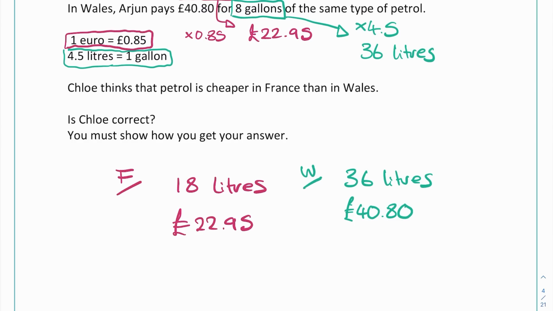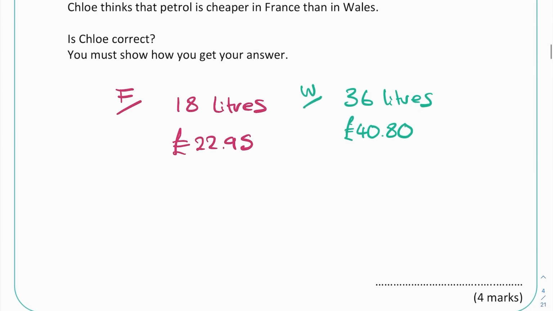£40.80. Now a couple of different methods that you can use to work this out. You can look for a common multiple of 18 and 36, so there is a nice one for this one, but for the majority of these questions you will do the cost divided by the amount, or in other words get the price per litre. So for the £22.95 we'll divide that by 18, as there are 18 litres. So £22.95 divided by 18, and that comes out as